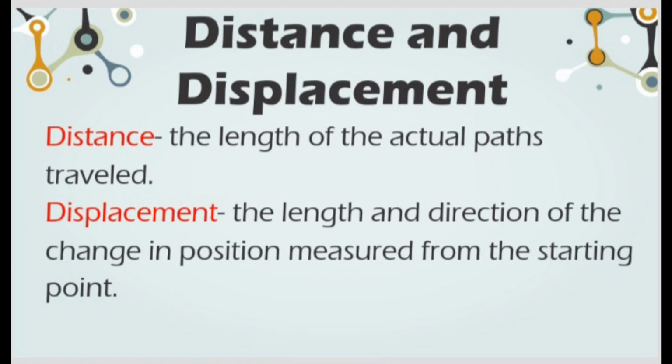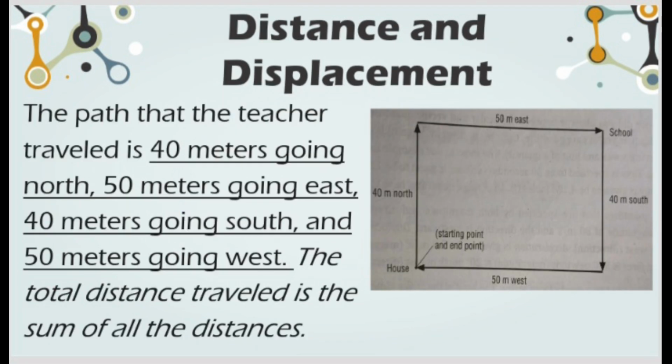Okay, so we will discuss today the remaining topics for vectors. We will start with distance and displacement. Distance is the length of the actual path traveled, while displacement is the length and direction of the change in position measured from the starting point. Let's have this example. The path that the teacher traveled is 40 meters going north, 50 meters going east, 40 meters going south,